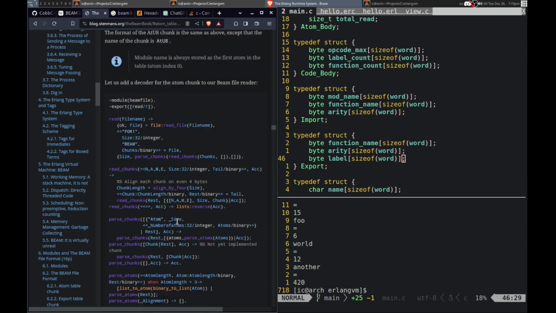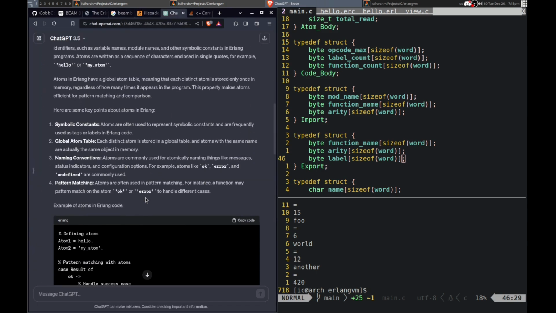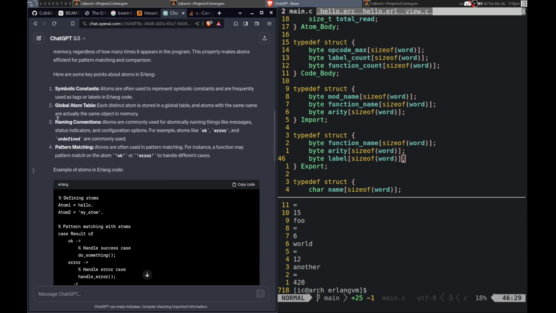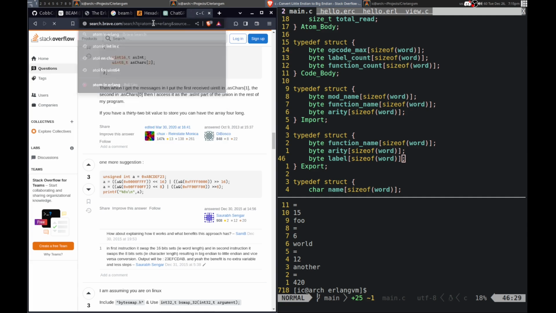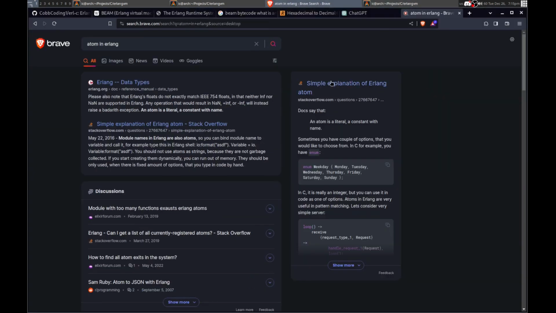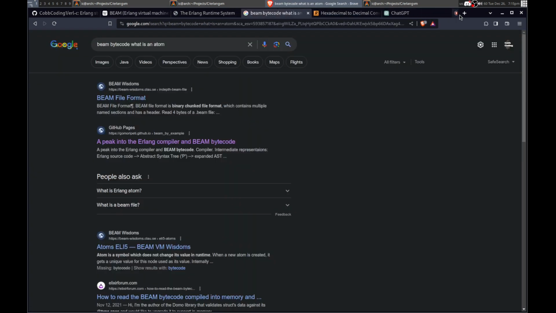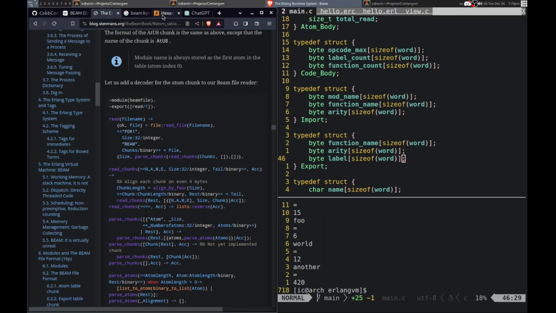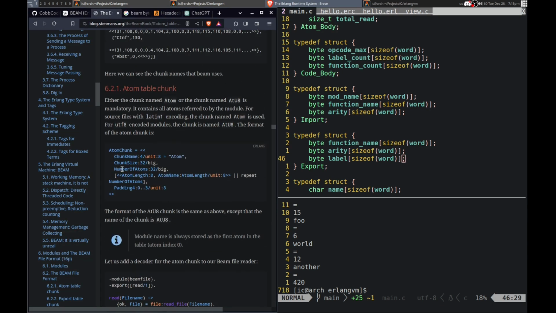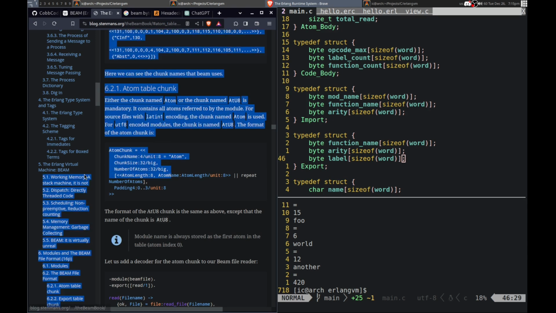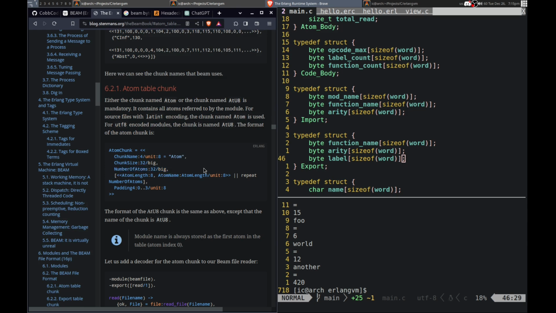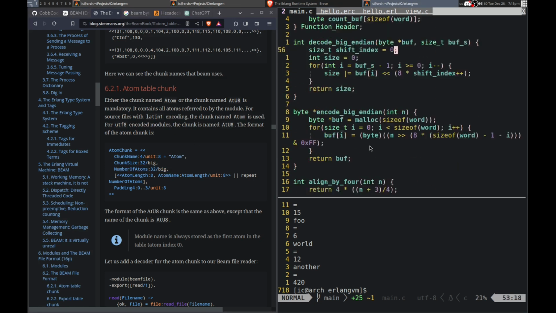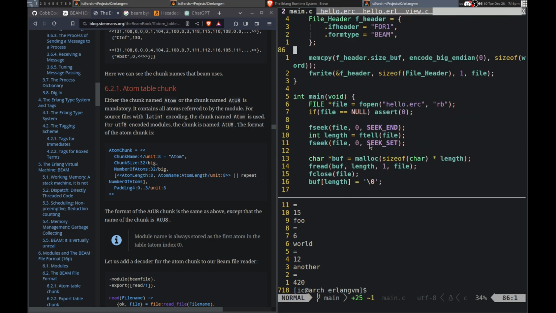And do I need them? Let's see. So if I don't have anything in there, then I don't need, yeah, so I think I can just write 0, right? So if I just write the chunk size as being 0, then number of atoms as being 0. Well, the chunk size only being 4, because we have these 4 here. Then I think it would be fine. Let me try that. So, yeah, I think that'll work.